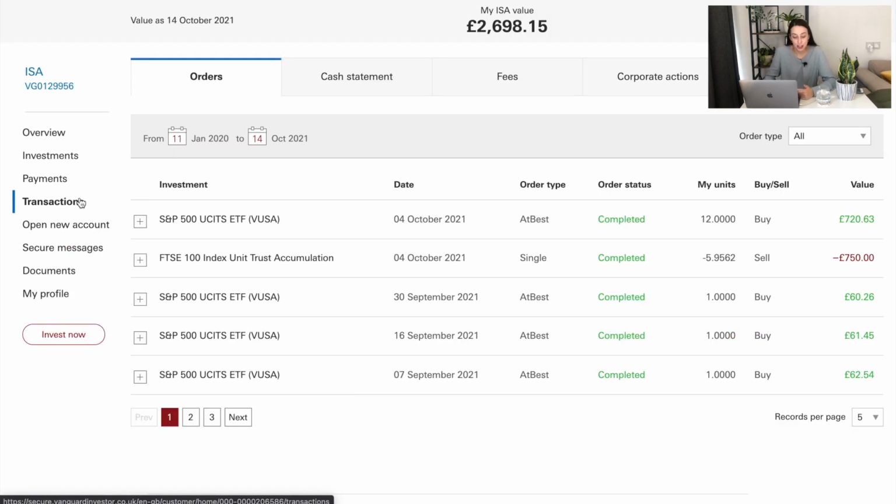Okay, so if we go into the transactions tab here, we can see exactly what I've been up to since the last video, since the last update. So I believe I filmed the last Vanguard update on September the 10th. So let's just look what's happened since then. So on the 16th of September, I bought £61.45 worth of the S&P 500. And again, on the 30th of September, I bought into that fund again at